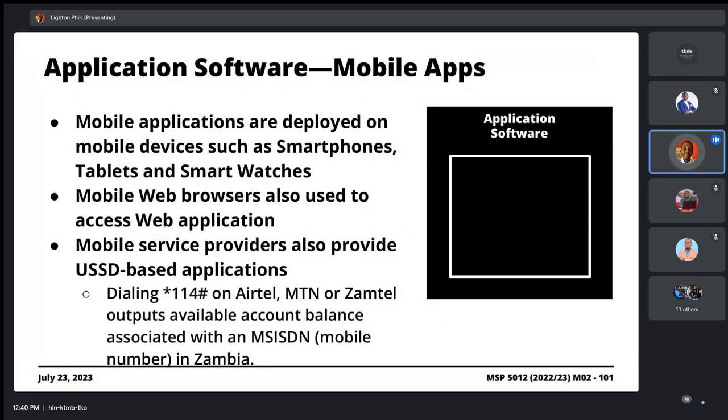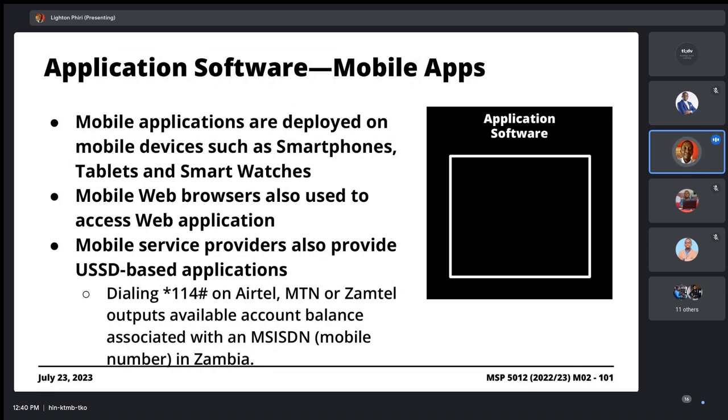What we're saying here is that these mobile applications would be deployed on mobile devices such as smartphones, tablets, smartwatches, or indeed even so-called feature phones, those that only allow you to make phone calls and send SMSs and perhaps access USSD-based applications. If you have a smartphone, you'd also use mobile applications such as mobile browsers.